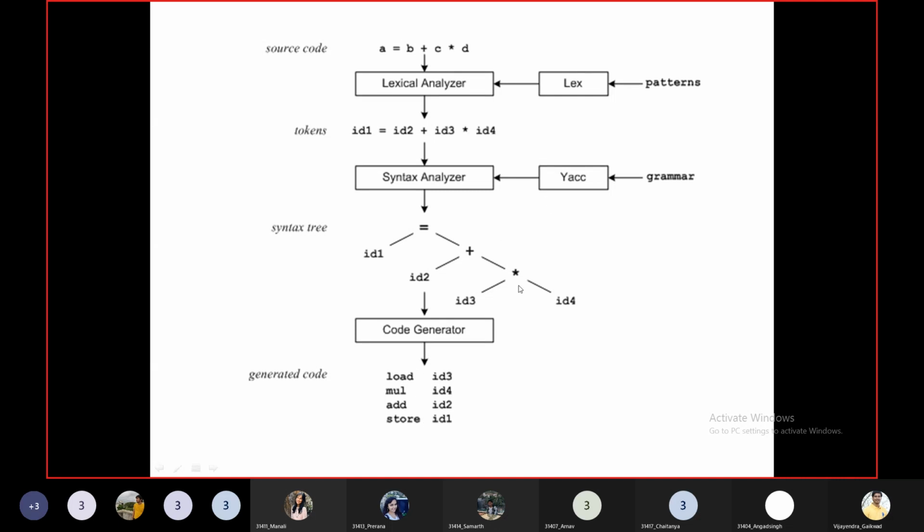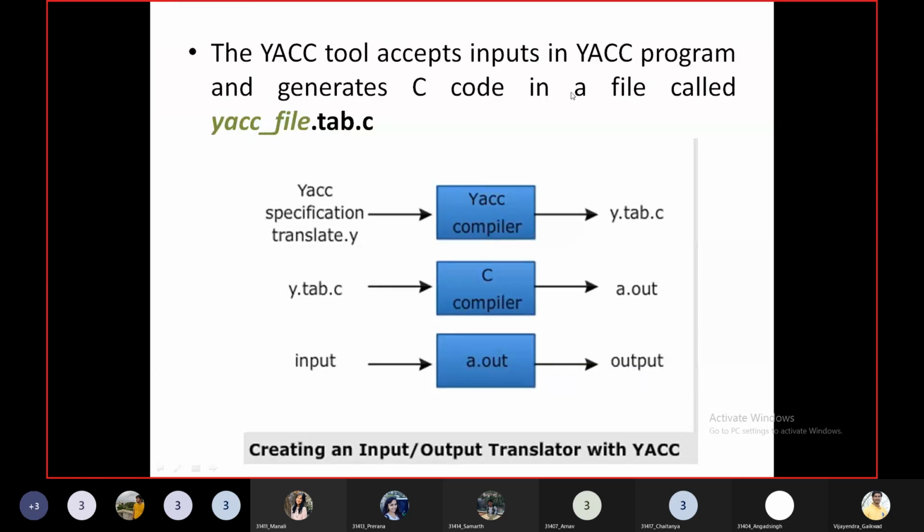That is not our concern. Understood this flow? So, like last time we saw, the Lex compiler was accepting the .l file. Here the Yak compiler is going to accept the .y file.